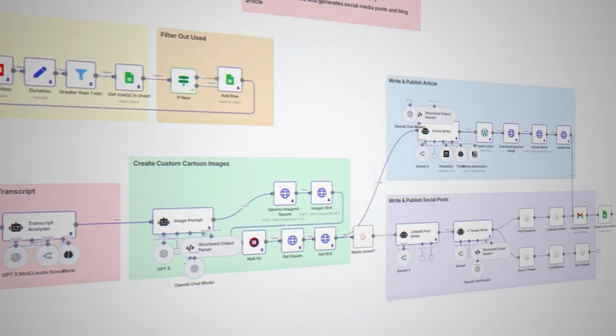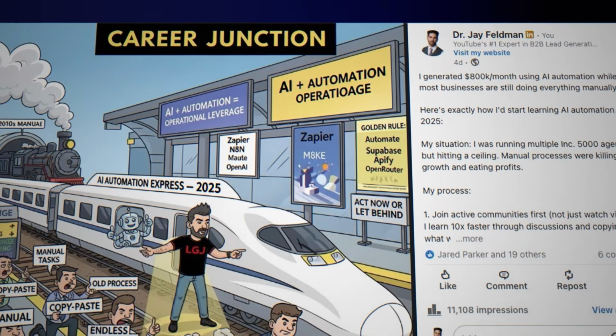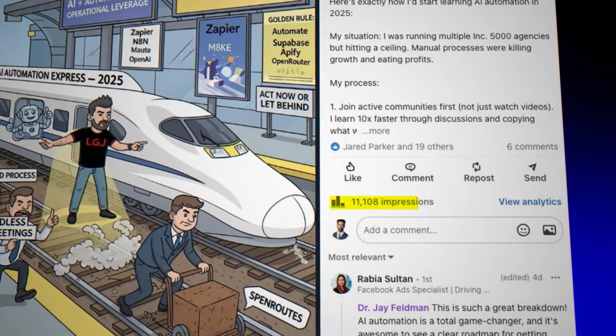This AI agent promotes all of my new YouTube videos. I'm going to walk you through exactly how it works. But essentially it detects new videos that I post on YouTube so that I can get the maximum amount of exposure. And what it does is it generates social media posts that look like this, that work really, really well